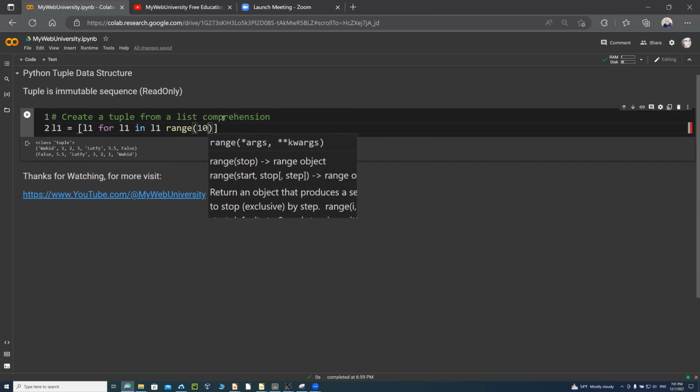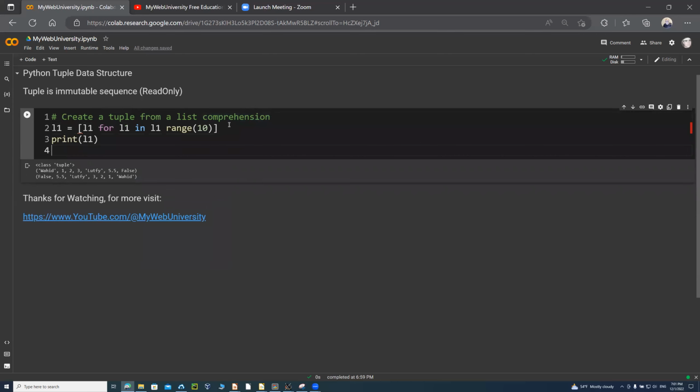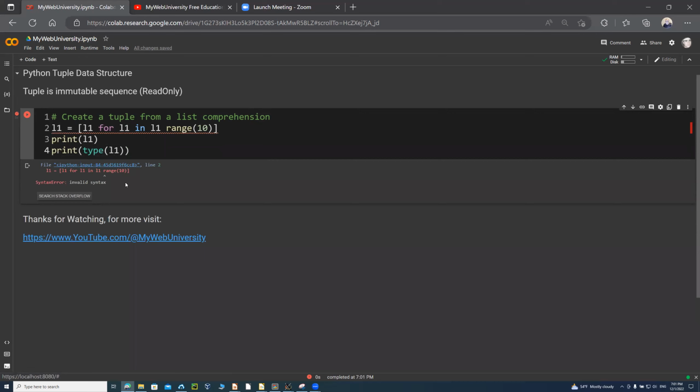You can just do this one and then say print L1 and then say print type of L1. So this one is basically going to give you a list, and then the syntax ranges for L in range. Let me just say in a range